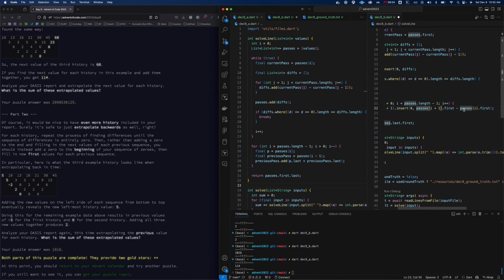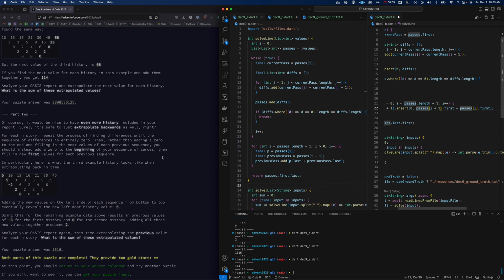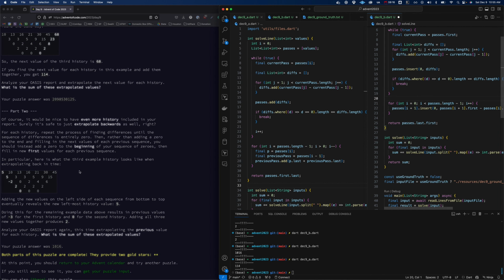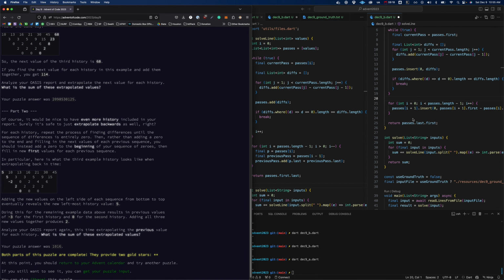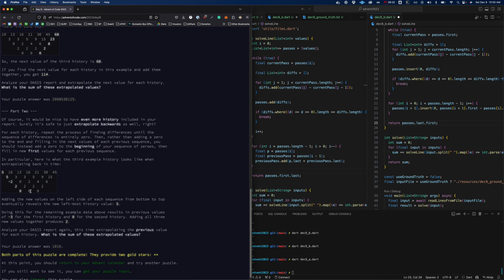So I'm being a little bit confusing. And then we're going to subtract whatever pass we're in right now, its first item. And that's how we build up this 0, 2, -2, -5, just by subtracting this from this, this from this, that kind of thing. This from this. Anyways, so we get that, and that essentially constructs something, and then we just reverse this. Instead of returning passes.first.last, we're actually returning passes.last.first. Remember, this is a list of lists, so passes.last would be, in this case, because we've constructed this in reverse, the last one is actually this, and then the first one is this, and we get that 5